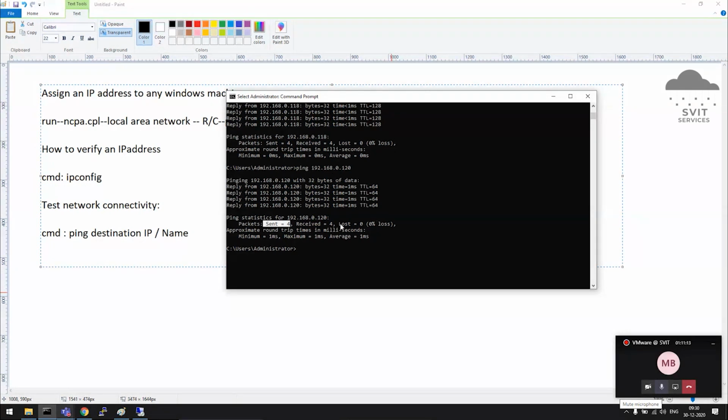Once the 4 packets are transferred, the destination machine will receive them and send back the same. The ping protocol is defined in such a way. It will send 4 packets, they reach the destination, and the same 4 packets come back.